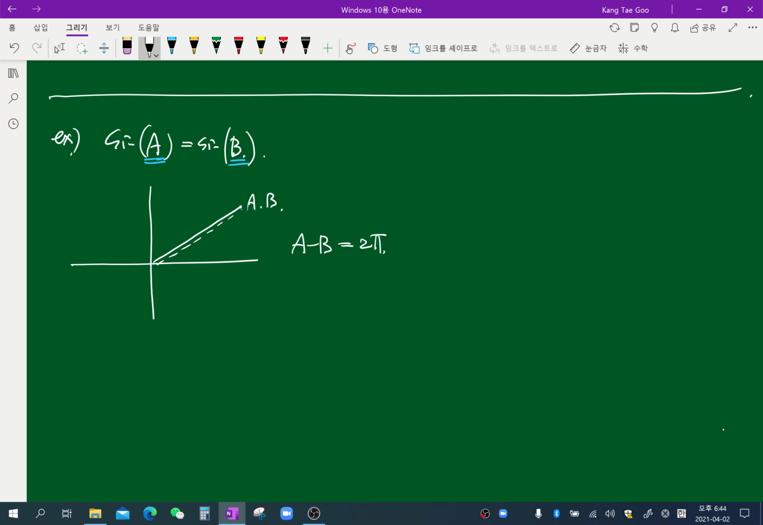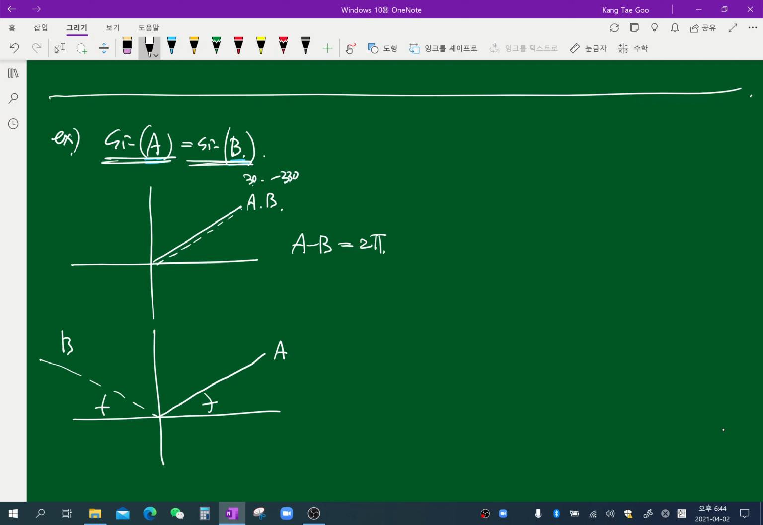See? 390. Once we subtract them, there is 360, right? Instead of 390, negative 330, once we subtract, there is again 360, or whatever. So if those two angles are coterminal angles, sine A is the same as sine B, right? Another case is, okay, A is here, B is here. As long as this much angle and this much angle are the same, then yes, the sine values are the same, right? In this case, once we add those two